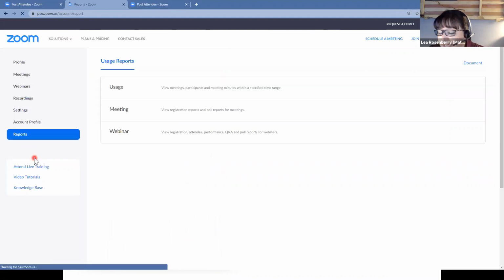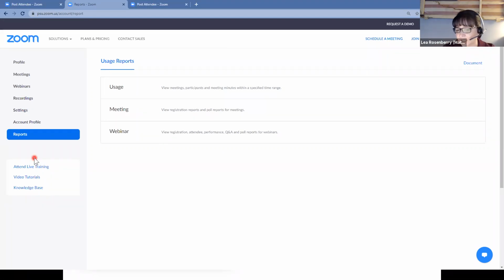If you don't see add for a poll, free accounts don't have polling. It might be because you're on a free account, or it might be because you don't have polling turned on in your settings. If you turn it on in your settings, then you will have the poll button. You can ask me that in just 1 second or shoot me an email and I'll explain that. But under reports, I can go here for one,